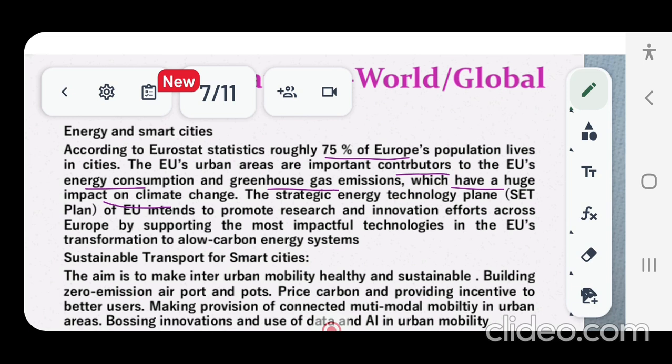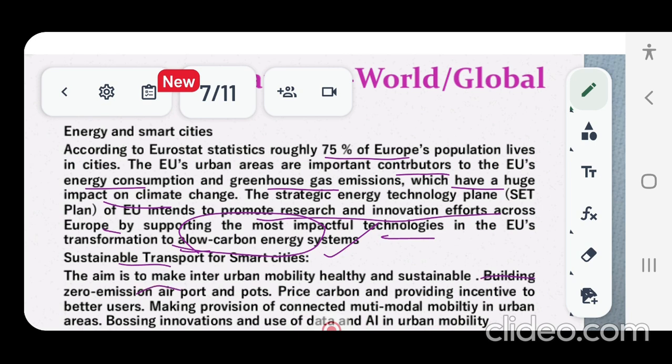So the European Union is spending money to promote research and innovation efforts across Europe by supporting the most impactful technologies in the European Union's transformation to low carbon energy systems. Urban mobility or sustainable transport in the European Union means building zero emission airports and ports.